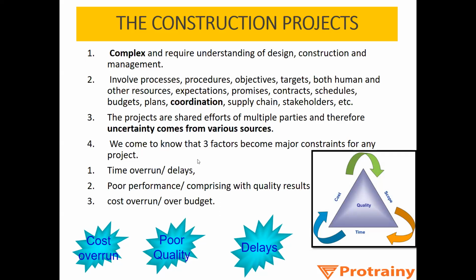We come to know that 3 factors become major constraints for any project. If they talk about any construction project, it will be maybe time overrun, poor performance, or cost overrun. So these are the 3 things that you need to cater to as a construction manager, or even as a civil engineer. Quality, this is the triangle, this is known as the important triangle of construction management,